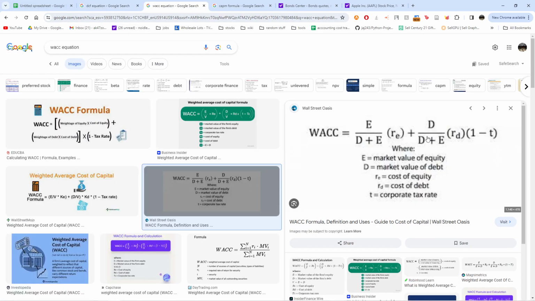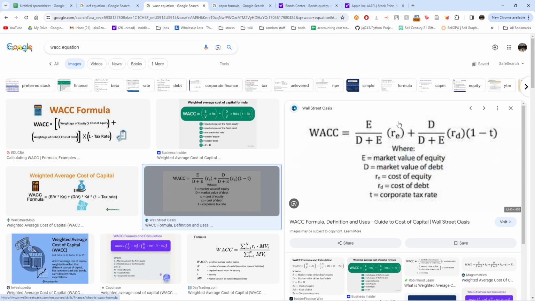So the WACC equation is very simple. Basically, you take the ratio of debt in a company and multiply it by RD, which is your cost of debt capital. So this is going to be your interest rate on your bank loans, on your corporate debt. If you have bond issuances, this is going to be your cost of debt. And then here is your ratio of equity to debt plus equity, to liabilities, which we'll go over in a later video, more on the balance sheet,